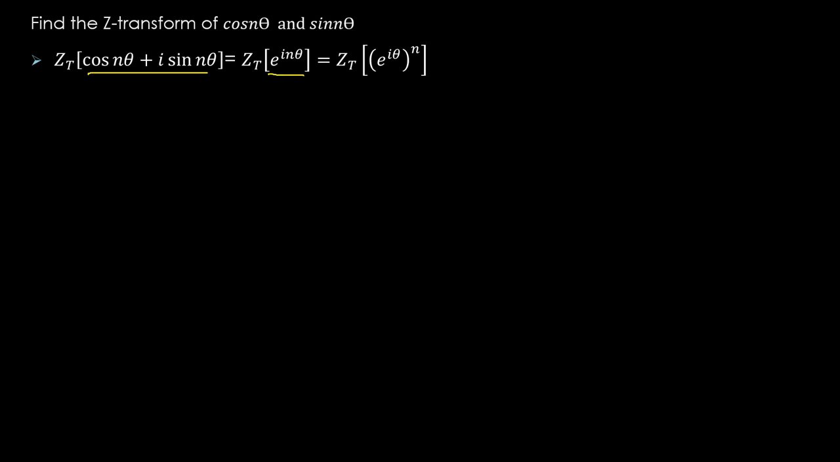Here is one problem. Find the Z transform of cos n theta and sin n theta. How can you find the Z transform of cos n theta and sin n theta? You can get the result of both these functions using exponential. That is, Z transform of cos n theta plus i sin n theta is equal to Z transform of e power i n theta. You can write your cos n theta plus i sin n theta as e power i n theta, which can be transformed as